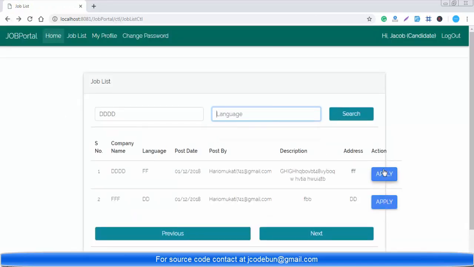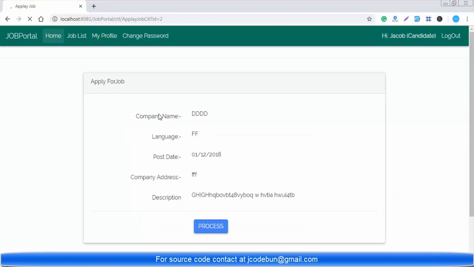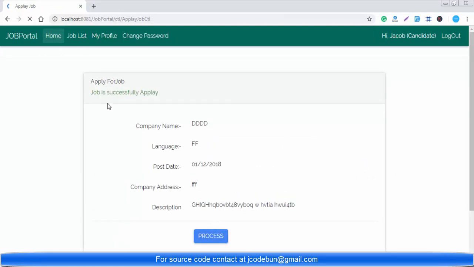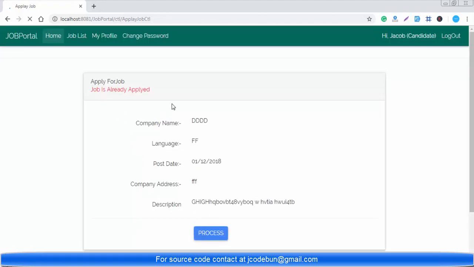For example, I want to apply on this job, so just click on apply. You can see the detail page of the job and click on proceed. Your job is applied successfully. Once again, if the same user is going to apply on the job,